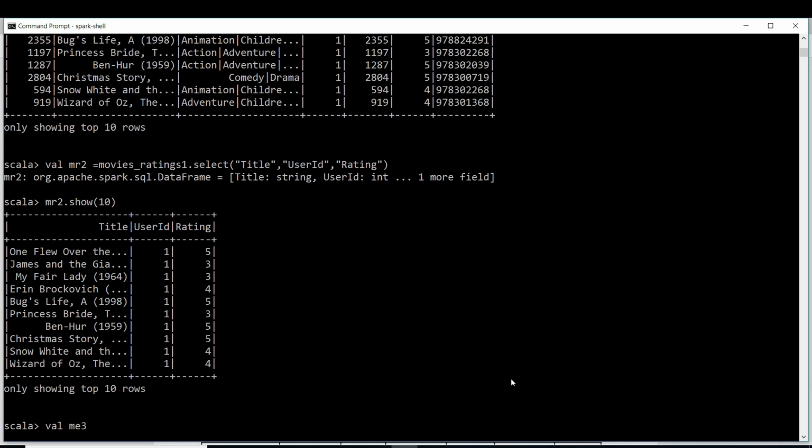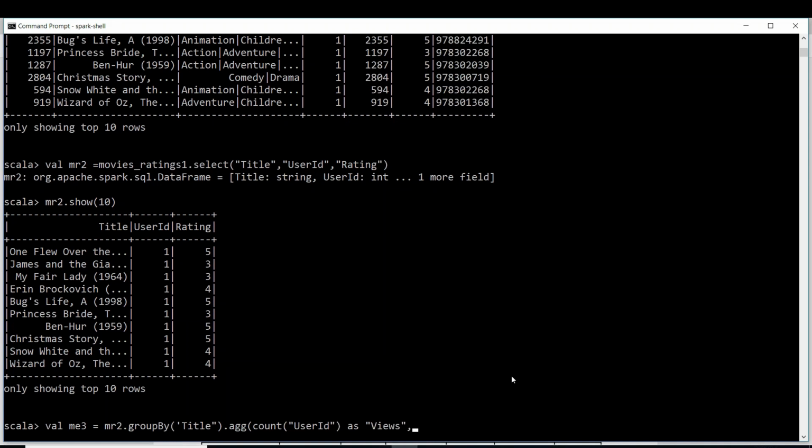So let me write this: mr3 = mr2.groupBy("title"), followed by aggregation. The first aggregation is count of user ID. Let me give it an alias name, views.